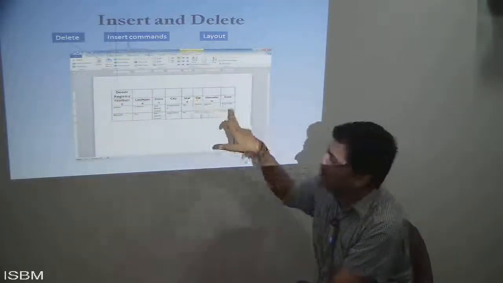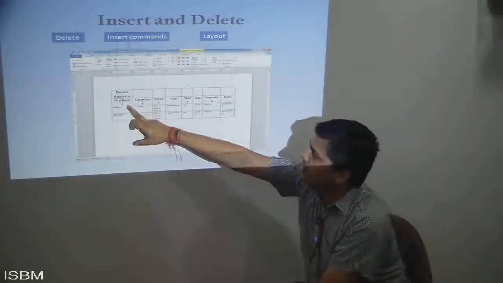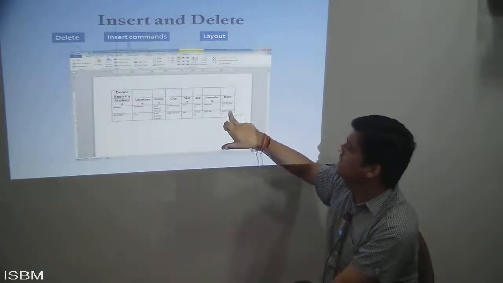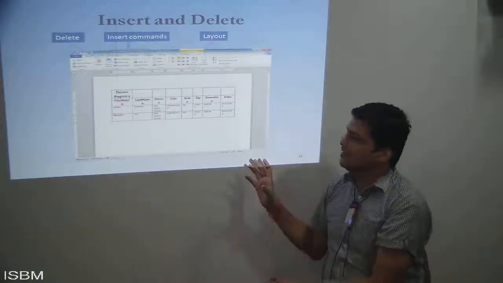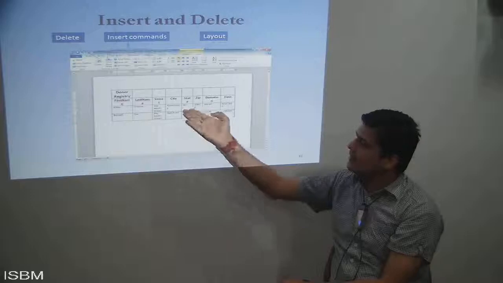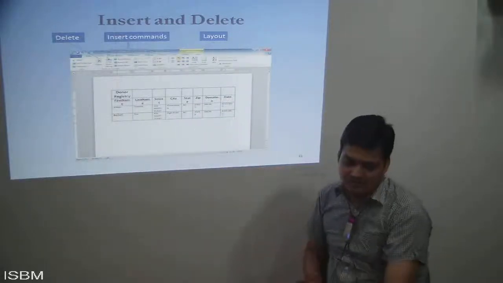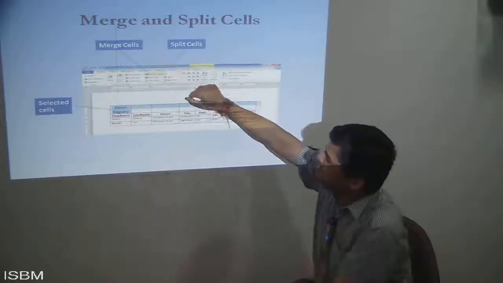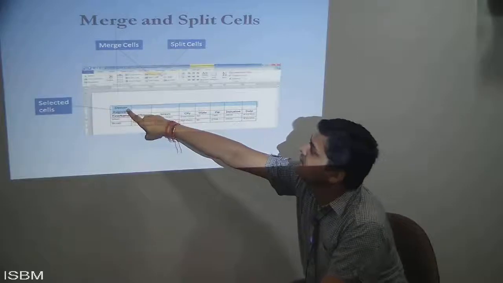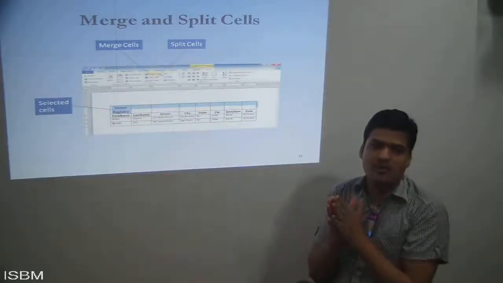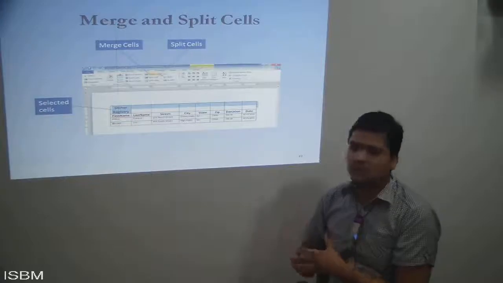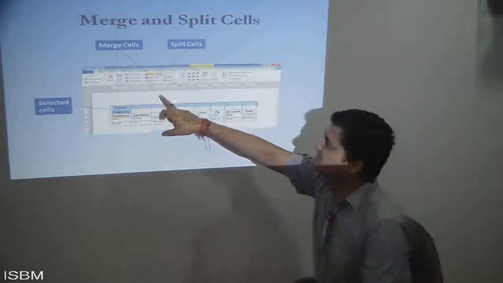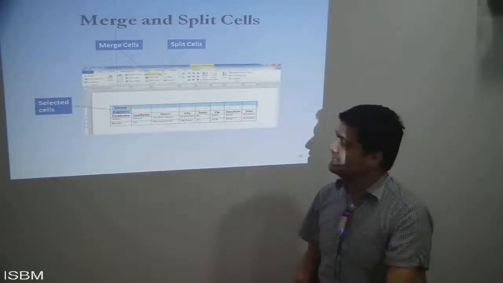Do you want to create the layout of that particular table? You can give the layout just like first name, last name, street, city, state, zip code, donation. This is some donor registry of any NGO kind of thing. So they have given this kind of example. Just like this. We can merge the cells, we can split the cells, select the cells. This cell we have selected, if you want to merge or split, we can do it according to requirement. There is an option for merging cells, for splitting cells, split table, split cells, each and everything we can do